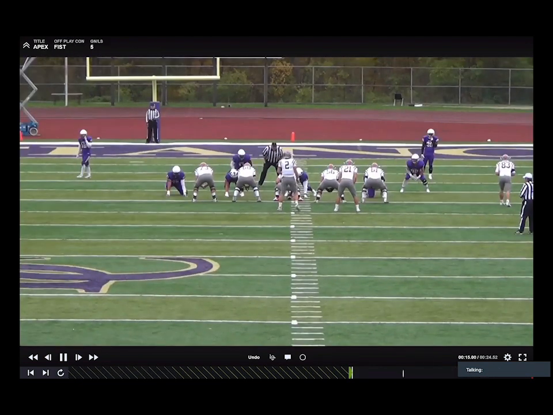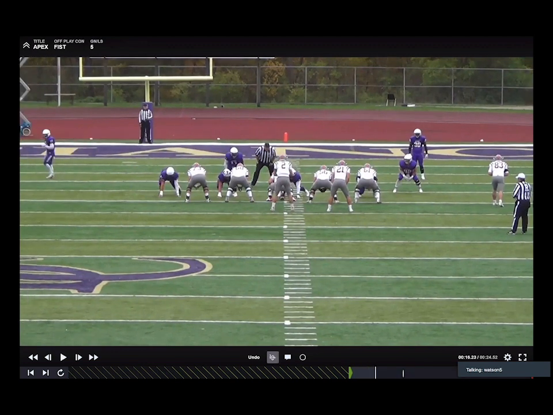And then here's just a look at the run it look. We're now inside zone left, takes to the right. Anytime we work a 2 or 3 technique away from a shade, we've got a 3-man combo between our play side guard, center, and backside guard. We refer to this as a gang, and at the end of the day, it's 1, 2, 3 for 1, 2, 3. Got a money block by my left tackle here, a take by the right tackle on the